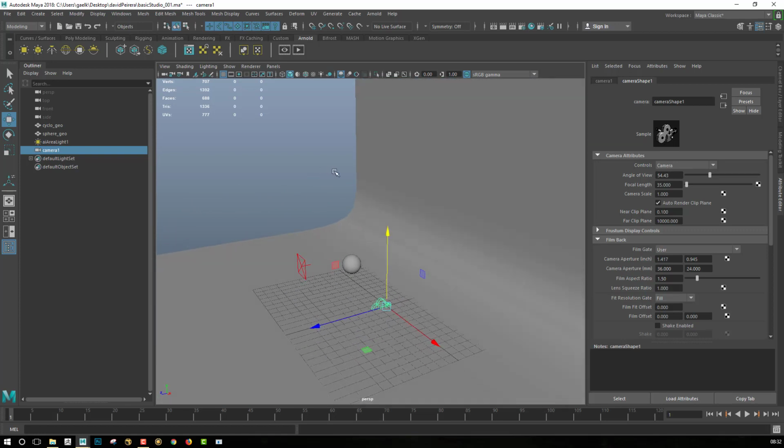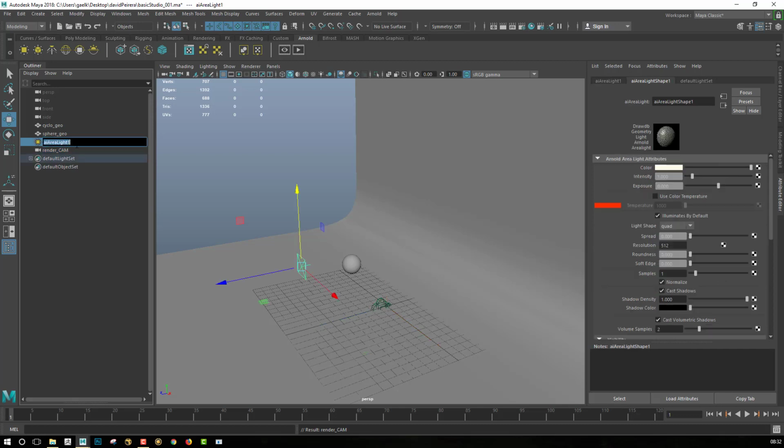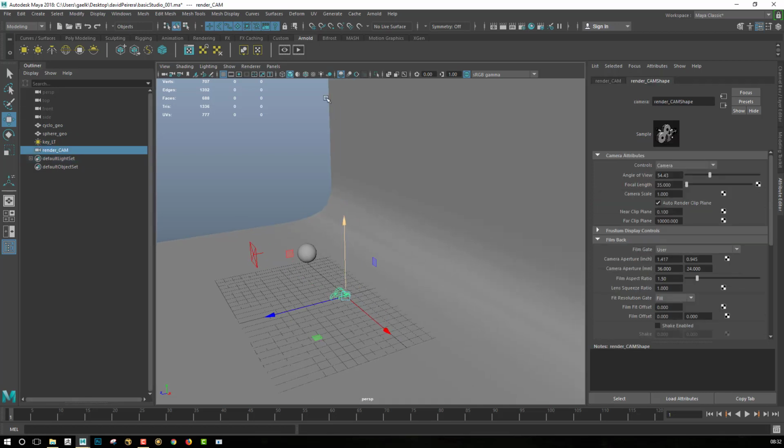So this is our scene, and this is my camera. I will name it render underscore CAM for camera. My light will be the key underscore LT, and I will select my camera. I will adjust the focal length.